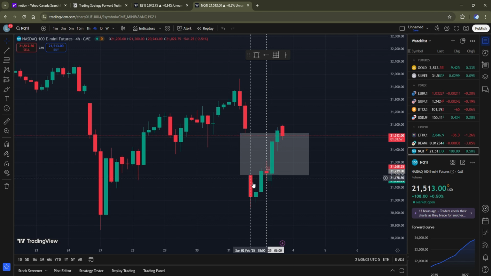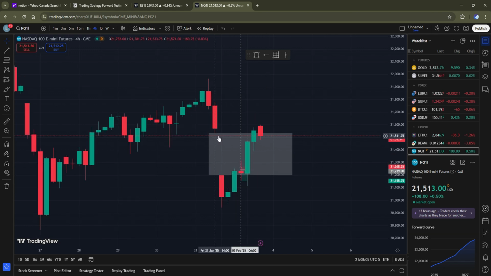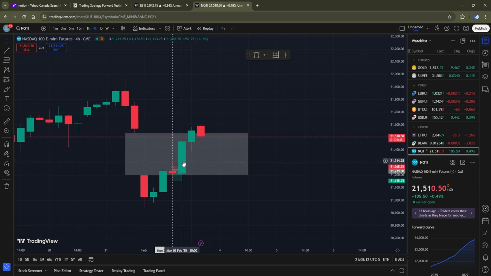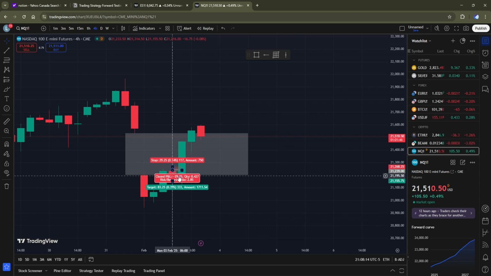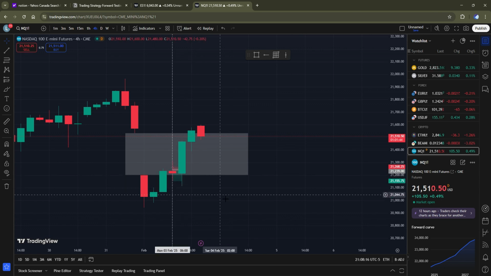And then we open up here, we have this huge weekend gap, you can say. And of course my intentions were to come up, and you can see I took a short, and that was against my bias, but there's a reason for that, because I'm going to go down into the 15-minute time frame here,